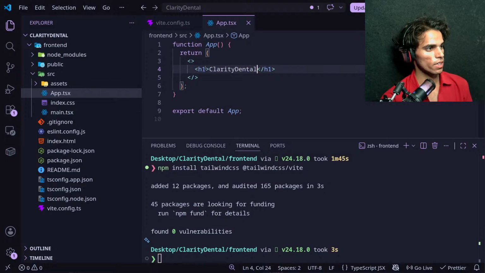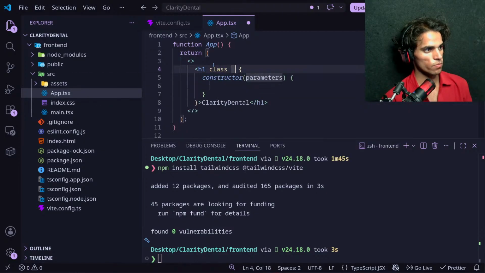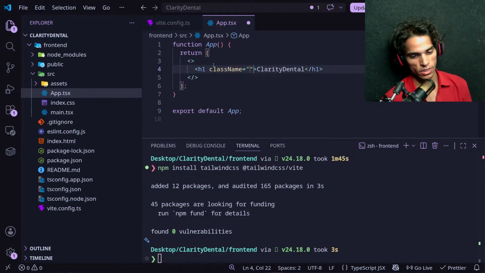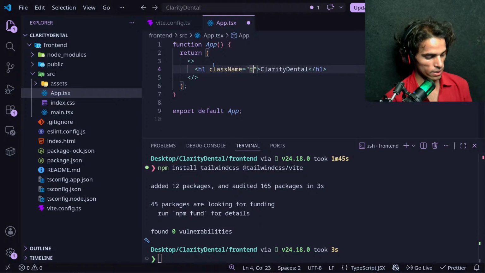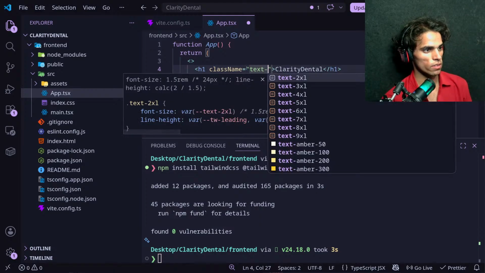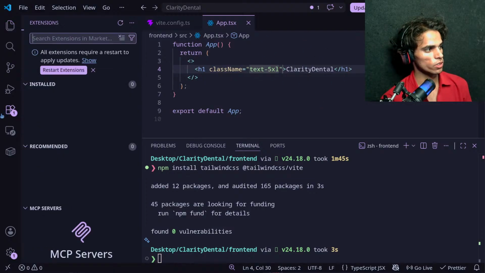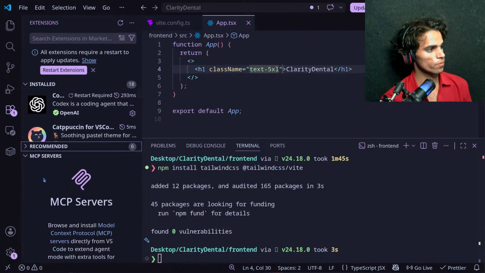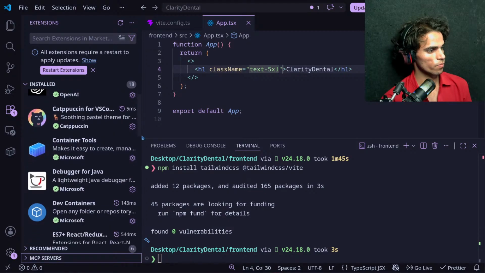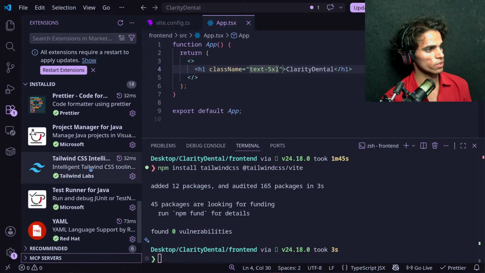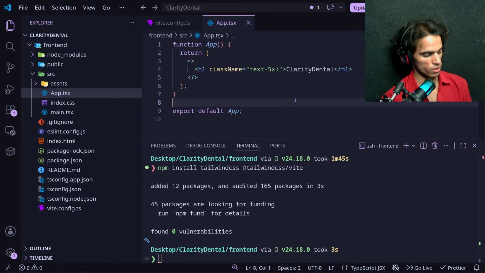Okay, and let's give it a class name and see that Tailwind CSS is working or not. So I would like to style it like text 5xl. If you want suggestions like this, you can install Tailwind CSS IntelliSense in your VS Code.